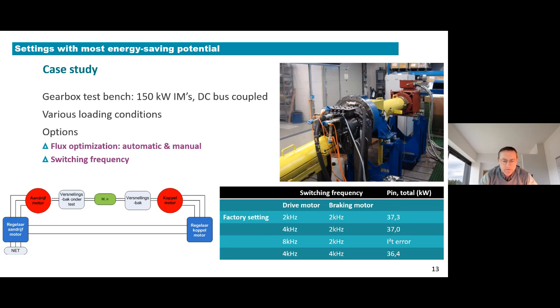You see that we also tried 8 kilohertz and 2 kilohertz, but then of course the losses in the IGBTs become too big, and there's some safety measure and error to protect the IGBTs, so that was not possible. So here we can see that 4 kilohertz indeed is also for higher power ratings not a bad option, and it does save us some money. If you go to the next slide,